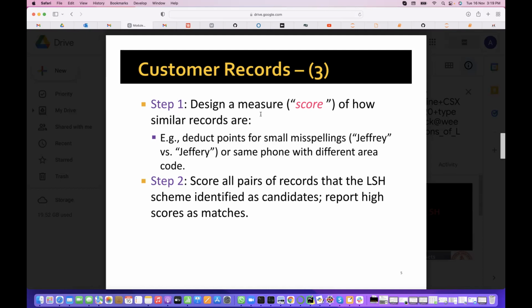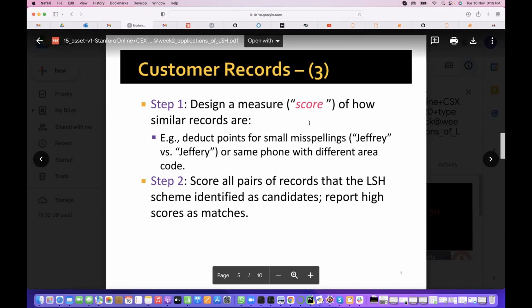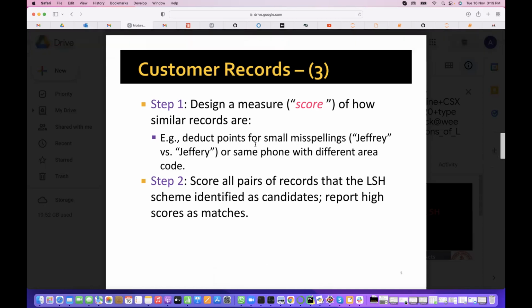Here also we will use it. So here we will get a score: if address matches, this much score. If phone matches, this much score. If name matches, this much score, like that, let's say. Then according to that score, we will design some hash functions. In this simple case, if at least one field matches, they will fall into the same bucket. If no field matches, they will fall into different buckets. At least we can eliminate them.